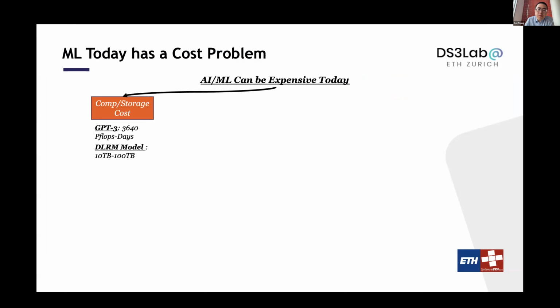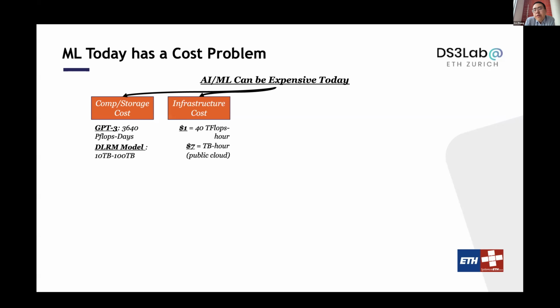So first, the computation and storage itself is very, very expensive. If you look at those big language models, if you have a single device doing a petaflops, it's going to take almost 10 years on that device to train that model. If you look at those recommendation models, either from Facebook or something that we are building, it's very easy for them to become 10 terabytes, 100 terabytes just to hold that model.